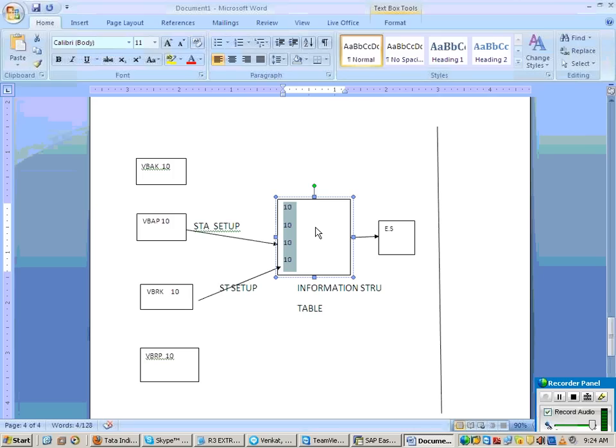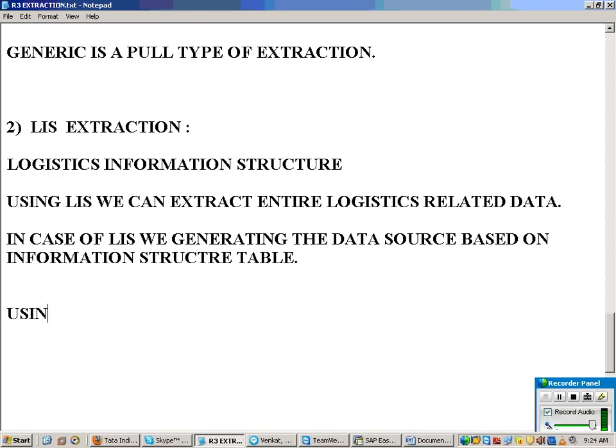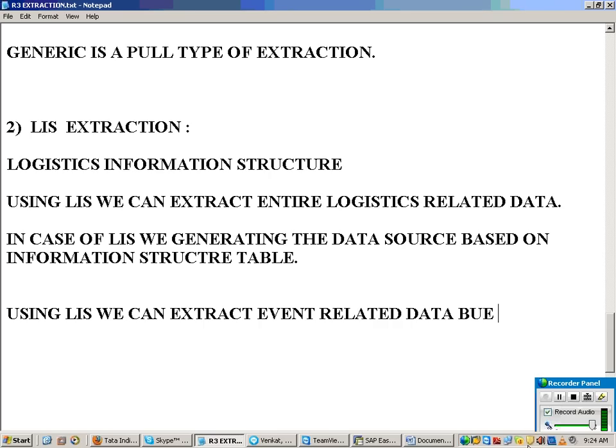So the major drawback was, using LIS you can extract event related data, but not level related.